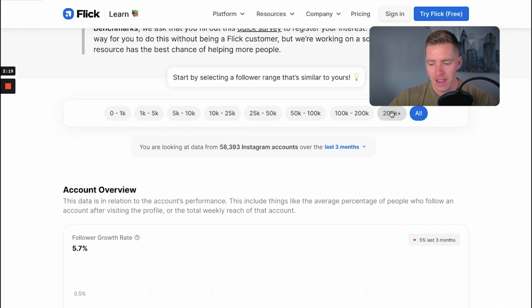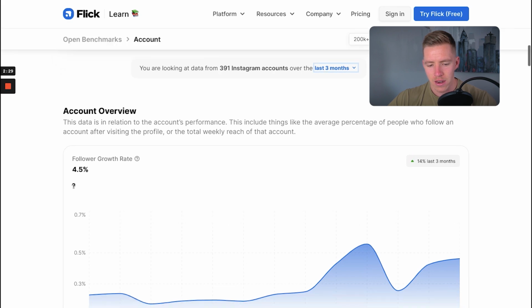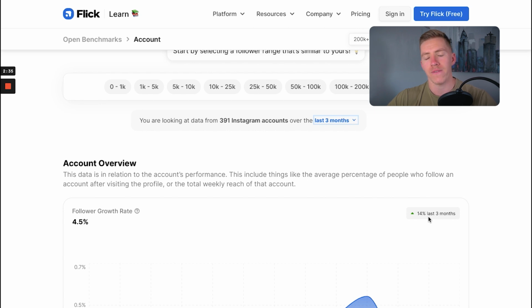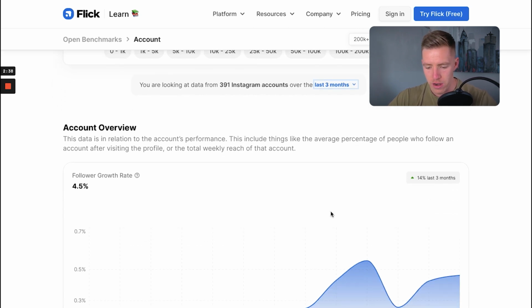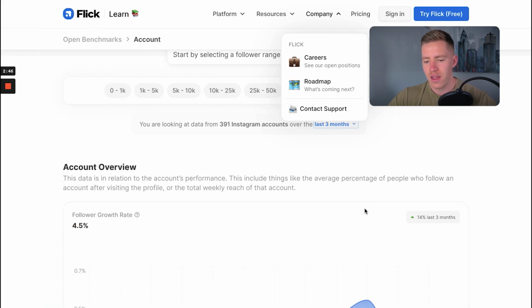And so now we'll go through some of the cool different features of this that you can run through, different things that you can analyze and look at that will help you improve your results or work out where your standing is. Now, the first one is I'm going to look at accounts of 200K plus followers and look at the follower growth. So we'll narrow this down to last 3 months is fine. The average account of 200,000 plus followers is growing 4.5%, which is actually up 15% over the previous period, which means for my account on Instagram, which is 700 or so thousand followers, for it to grow 4.5%, that would mean about